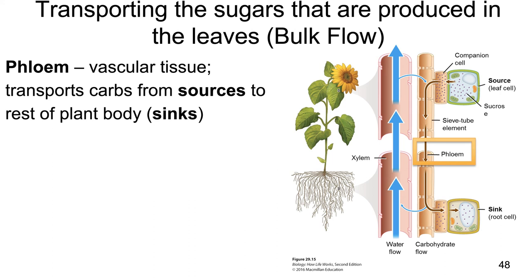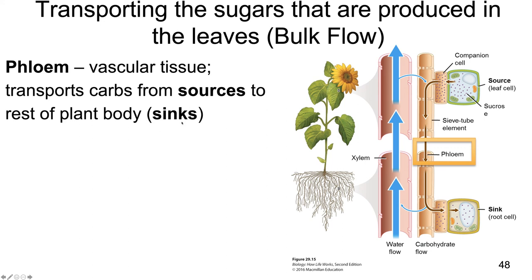So multicellular organisms typically rely on bulk flow to transport nutrients over large distances and get them to every single cell. And so phloem is one type of vascular tissue that's really important for this bulk flow in plants because it transports carbohydrates from sources to the rest of the plant body, from sources to sinks. So sources are places that produce lots of sugars and carbohydrates, and sinks are places that don't produce them and